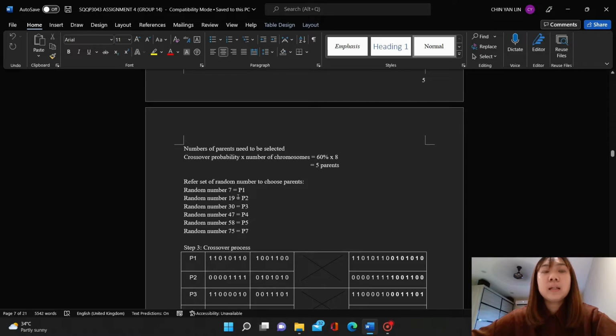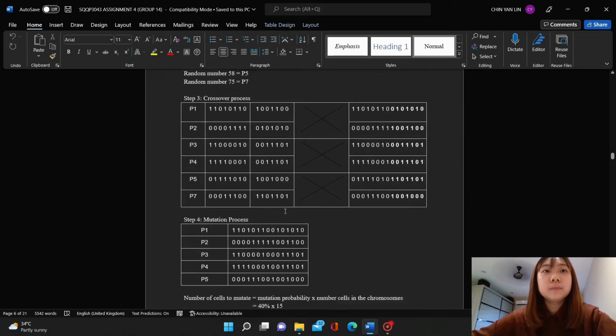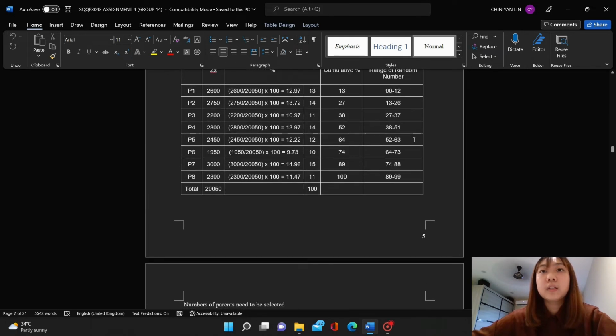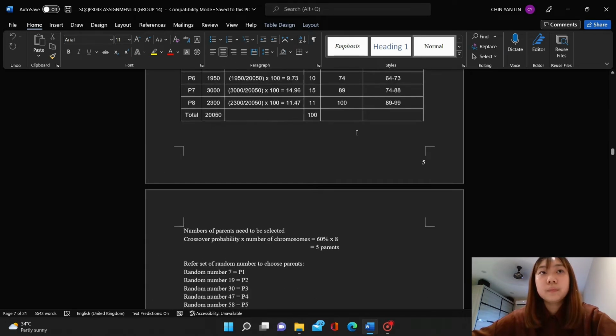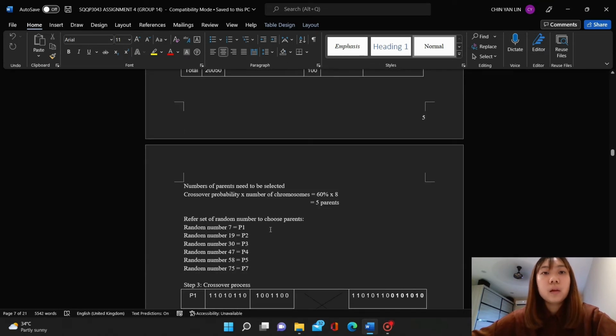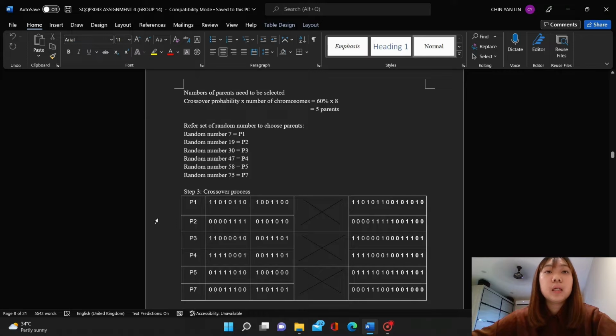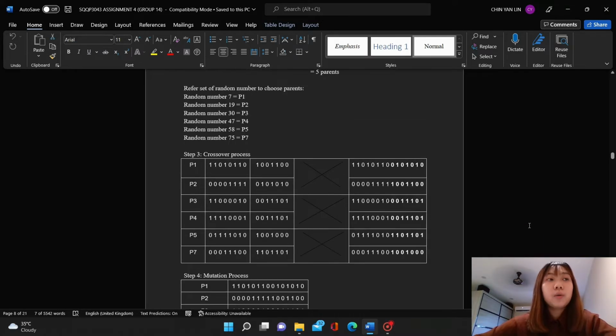So we look at the random numbers. Our first random number is 7, which is in the range of P1. The second random number is 19, so it is P2. The random number 13 is P3. Because the number of parents selected needs to be even, we choose 6 random numbers here to do the crossover process. We set the type to 1 point, so we randomly choose a point here